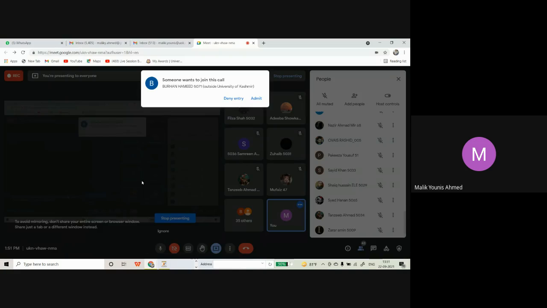I don't know. बुरहान हमीद ये कौन है? यस सर, ये तंजीब. भी है क्लास का ही।